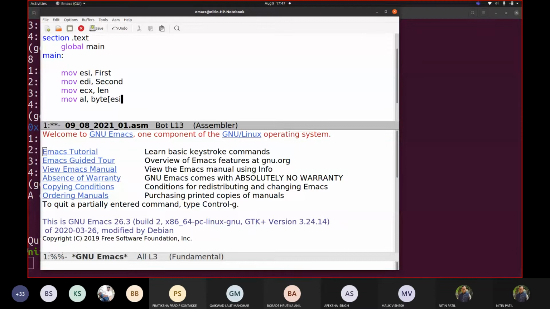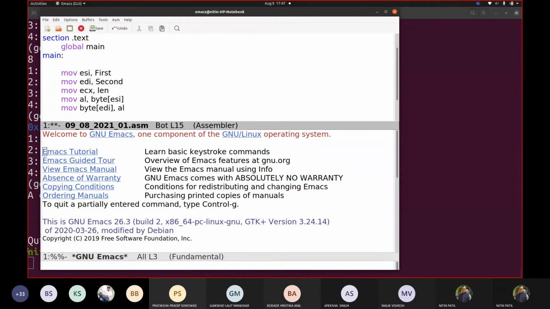From the source address, we will take the first value, and we will put that value to the destination address. So this is a typecasting that I am doing. EDI, AL. So it is like switching the values. You are picking the value from ESI, storing it to the 8-bit register AL, and then putting that same value back to EDI.